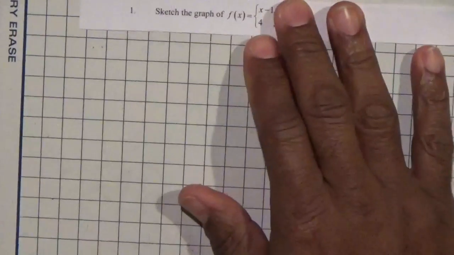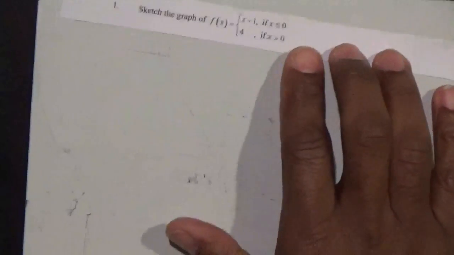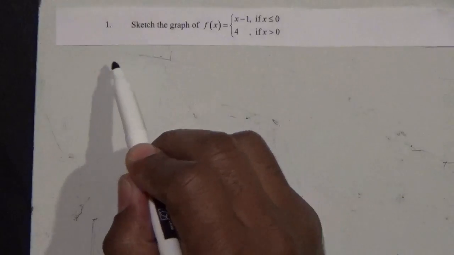Alright, problem number 1 asked us to sketch the graph of f of x is equal to x minus 1 if x is less than 0, and f of x is equal to 4 if x is greater than 0. Alright, so we have a piecewise function here, and the way we've done piecewise functions in our